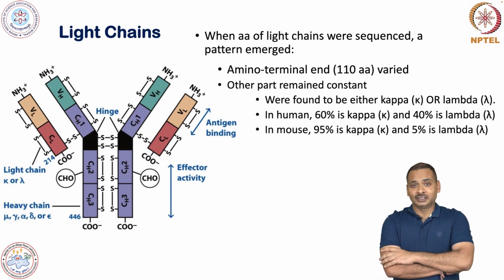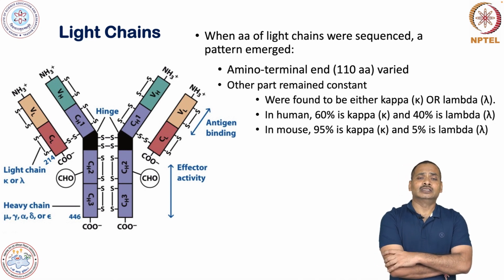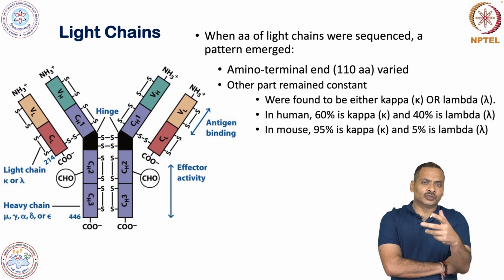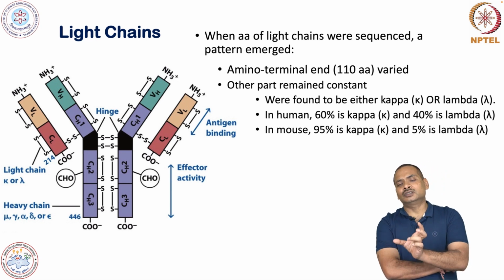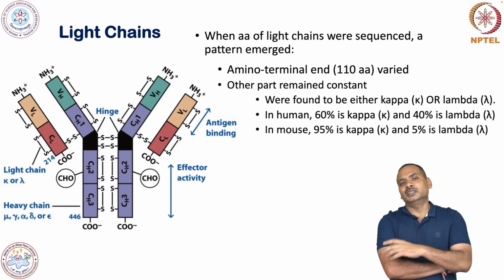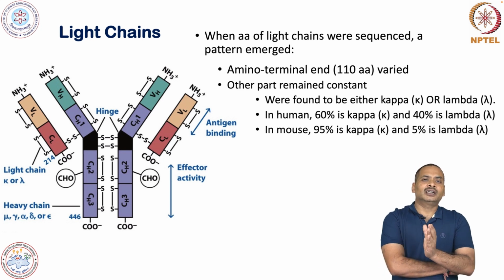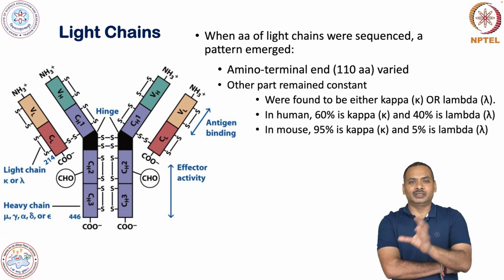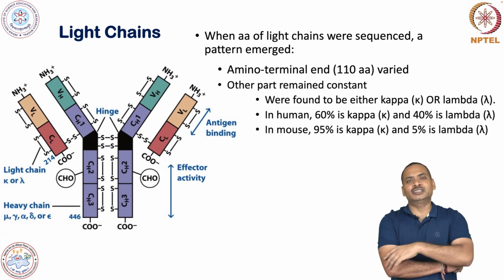If you see the structure, the light chain consists of 214 amino acids. So, the first 110 are variable, and the rest, approximately 100 amino acids, are either kappa type or lambda type. There are two categories of sequences. Okay,